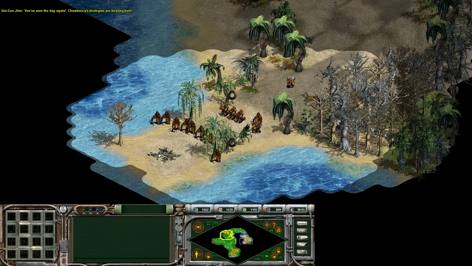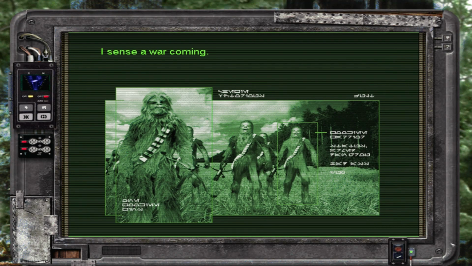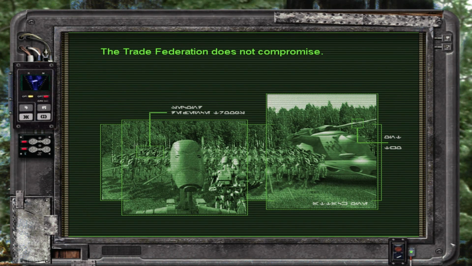Was it Chewbacca's strategies? Excuse me, sir? Alright, so we got one more thing left in this tutorial section. I sense a war coming. Okay. Alright, so we are going to move on to the Battle of Alaris Prime now, which is the last...